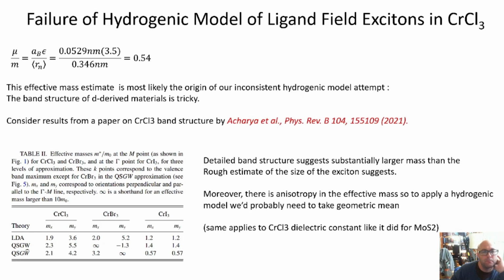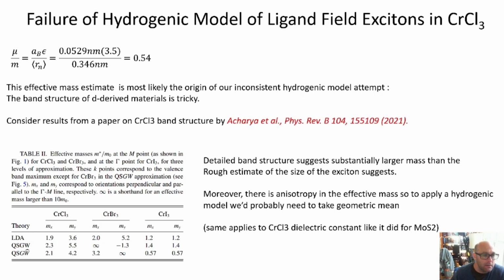just using the hydrogenic model to assess effective mass. And so these are strongly correlated materials. The D bands are very narrow, and you really would not expect the effective mass of electrons in such narrow D bands to be smaller than the free electron mass. In fact, you would expect it to be bigger, and indeed this paper shows that it is. So this is probably the most important thing to think about,